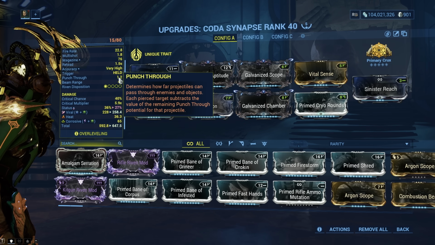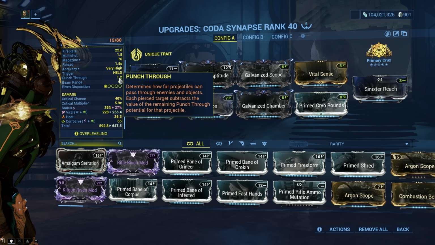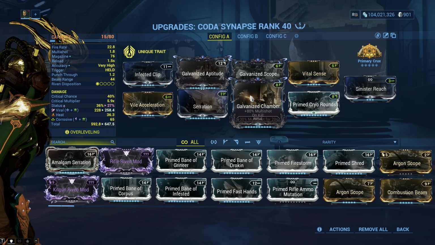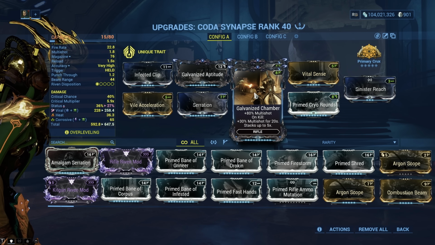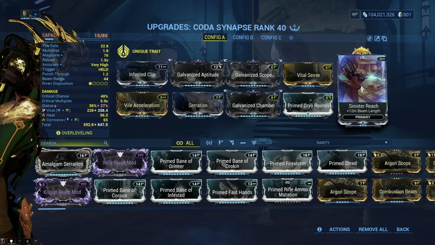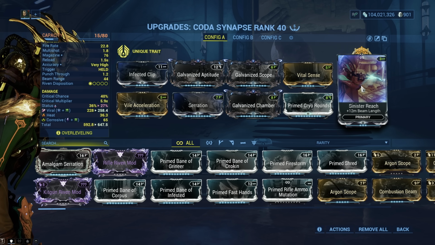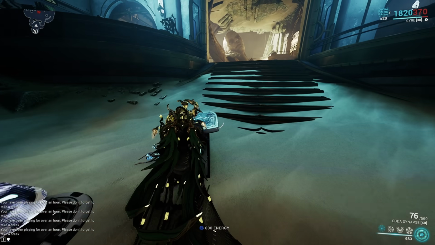Now, it does have a 1.2 innate punch through, which is going to help it deal with groups of enemies. However, the beam doesn't link between multiple enemies at a time. Now, I've also got Galvanized Chamber for that bonus multi-shot. Sinister Reach is, of course, going to increase the length of your beam and allow you to hit enemies at further range. But we'll show you quickly just how it's performing